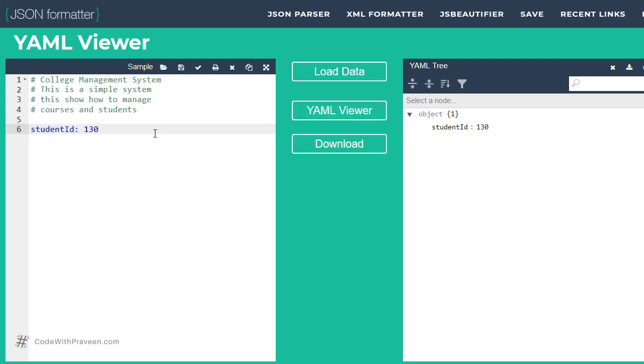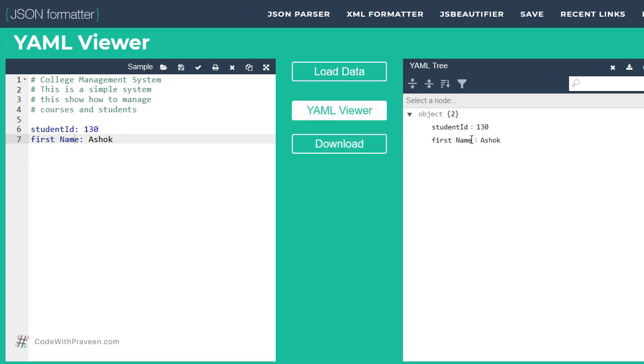Next, you need to know that the keys can contain spaces. Although the various programming languages do not allow spaces in the variables, in the case of YAML, the keys can contain spaces. What it means is that you can have first followed by a space followed by name. Let's say it is Ashok. So here you can notice that there is a space in the key itself. It is perfectly allowed in the case of YAML. You can see it on the right hand side. Also, you can use quotes such as single quotes and double quotes in the case of keys.